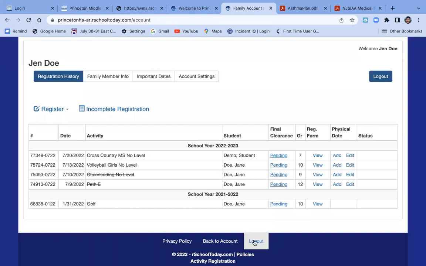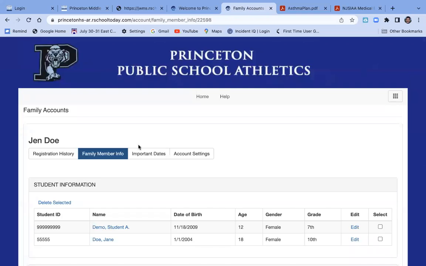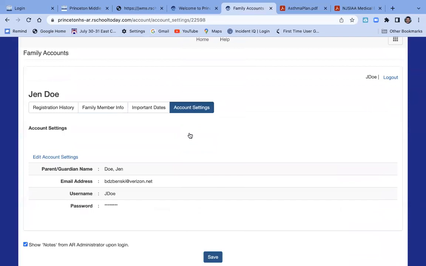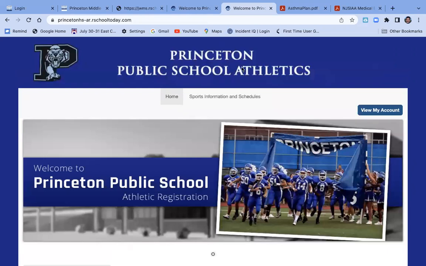So when you log out of your account, also, I do want you to know that the family member info is here. If you want to change your account settings, sometimes people use an email address that they want to change. You can do so in this area here. But always write down and make sure that you understand what your username is, your email address. And we strongly recommend that you do not use your email address as your username. So with that being said, I'm going to log out and I am going to open up the